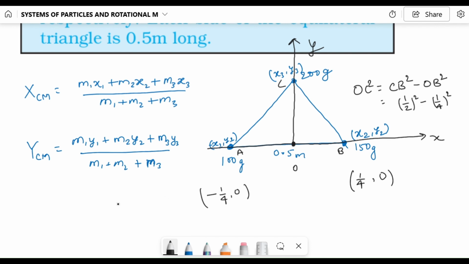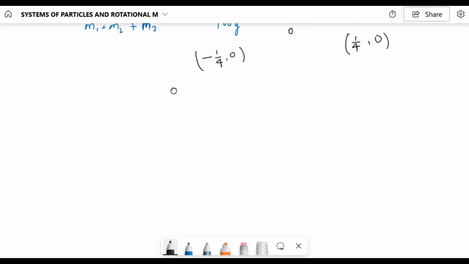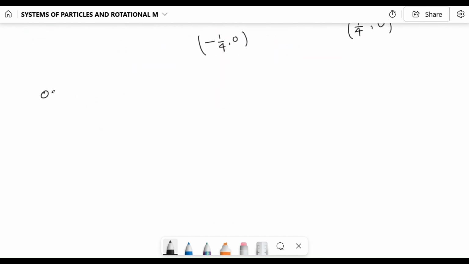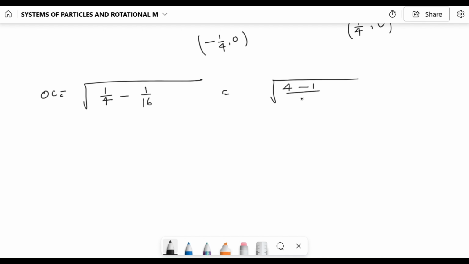So let me write it somewhere else, then we will come back to this. OC will be the square root of 1 by 2 square, that is 1 by 4, minus 1 by 4 square, that is 1 by 16. So it will be 1 by 4 minus 1 by 16. I hope you are getting how it is going on. And this will be root 3 by 16, or simply you can say root 3 by 4. So getting back to this point,